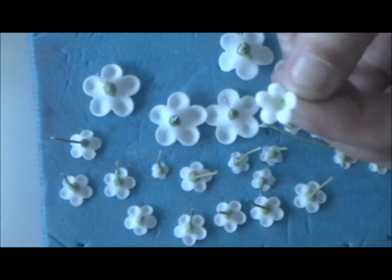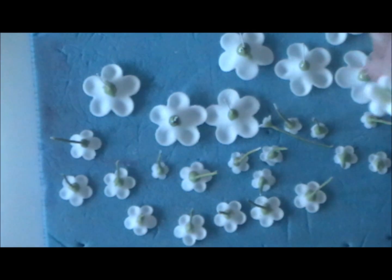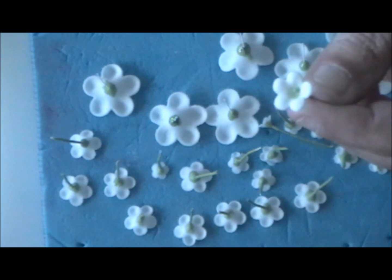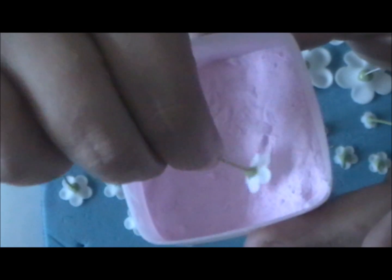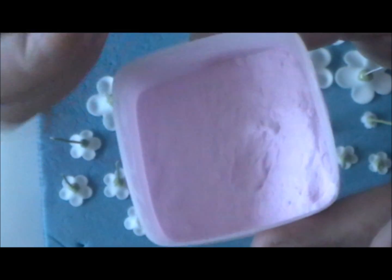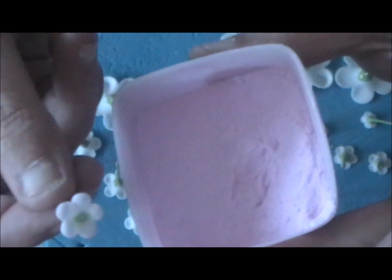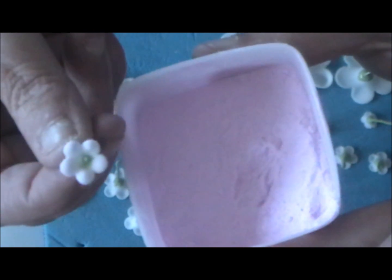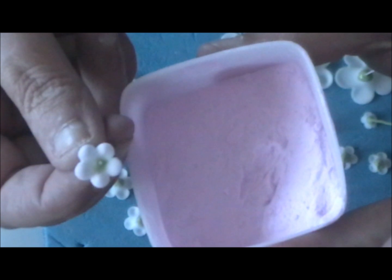So you have the green colour on the very inside, and I'm going to colour these different shades of pink because I plan on doing a bouquet for the top of a cake. Now you can just dip the flower in the petal dust like that and tap off the excess, and that'll give you a beautiful pale shimmer once it's all been steamed. Or you can use a very soft paintbrush to just brush some of the petal dust onto the petals of